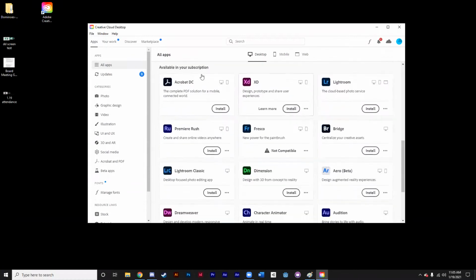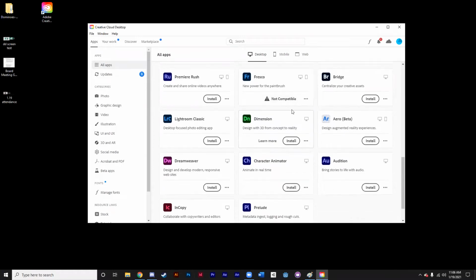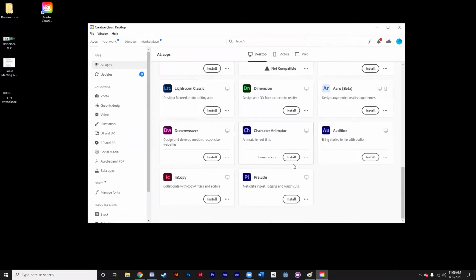Now, if I scroll down, I have this other little section called Available in Your Subscription. And then I have all these other programs, Lightroom, XD, Acrobat, and so forth, Dreamweaver, Character Animator. This one's pretty new. I haven't played around with this. It looks kind of cool, though. It looks like it's based around more just character animation. Anyways,